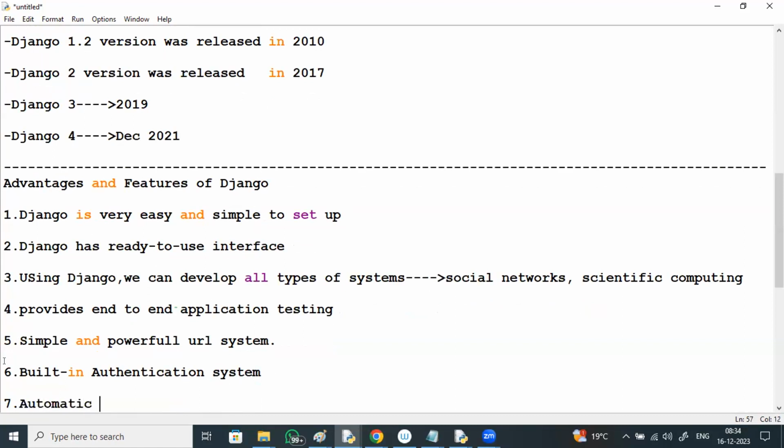Automatic admin interface for adding, editing, deleting, for all this, right?